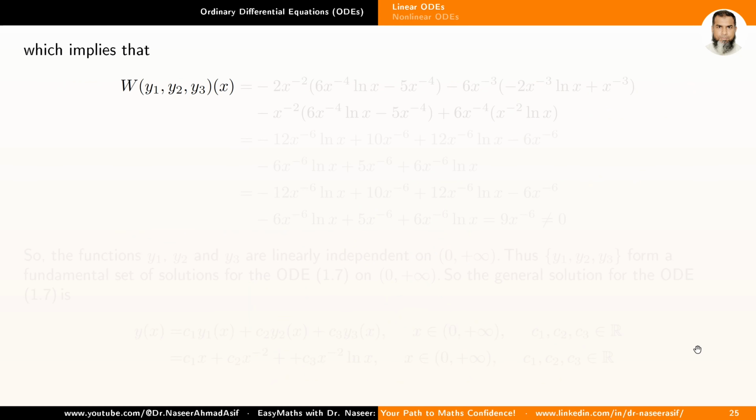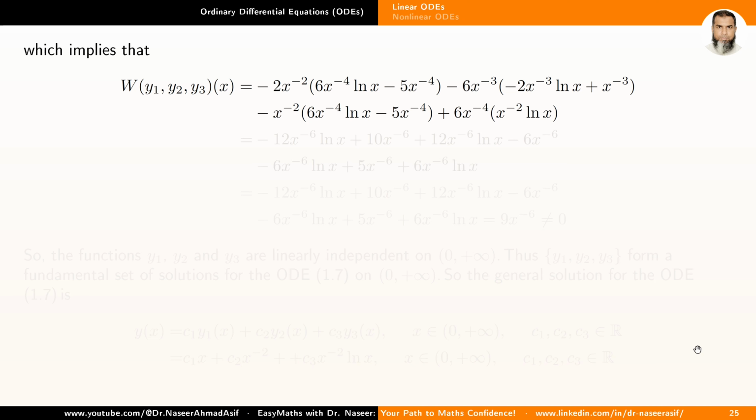So the Wronskian of y1, y2, y3 is equal to minus 2 x exponent minus 2 into 6 x exponent minus 4 log x minus 5 x exponent minus 4 minus 6 x exponent minus 3 into minus 2 x exponent minus 3 log x plus x exponent minus 3 minus x exponent minus 2 into 6 x exponent minus 4 log x minus 5 x exponent minus 4 plus 6 x exponent minus 4 into x exponent minus 2 log x,